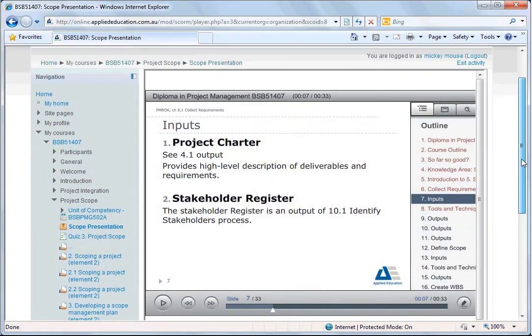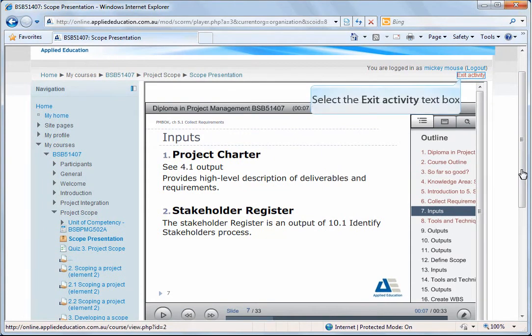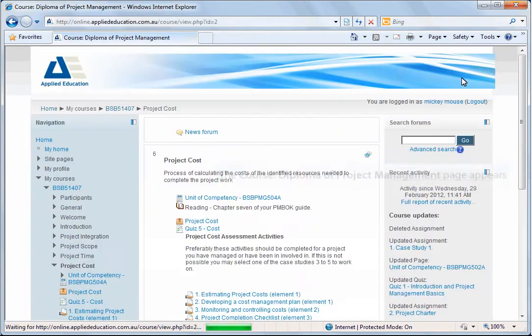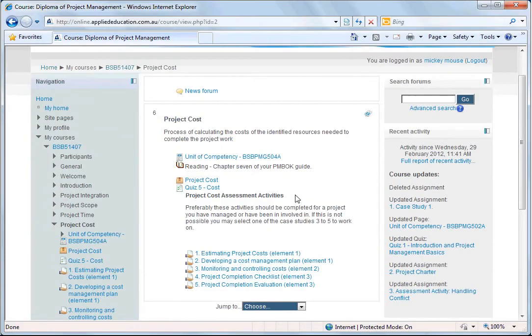You can also navigate down the bottom there, navigation buttons. When you're finished, if you get to the end, you have an exit activity at the top right, or you can just click to go on to the next item. So we'll just wait for that to exit there. Takes me back to that unit, project cost,